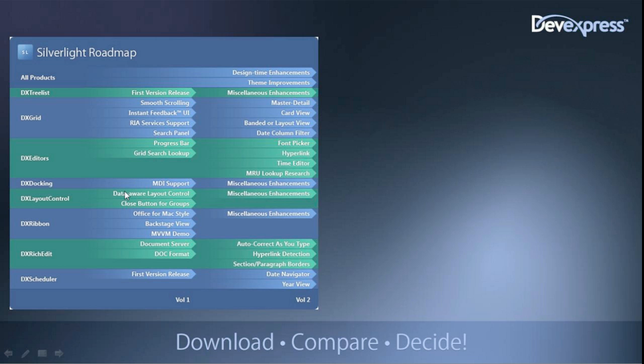DX Docking, new features, improvements. We're going to have MDI support. Again, this goes across both Silverlight and WPF. And we're going to have further enhancements, little performance and code improvements to the control as well. DX Layout Control. We're going to have a data aware layout control, and we're going to add a close button